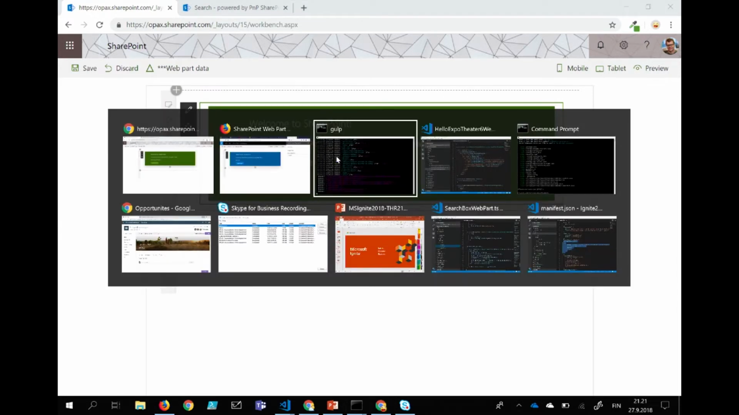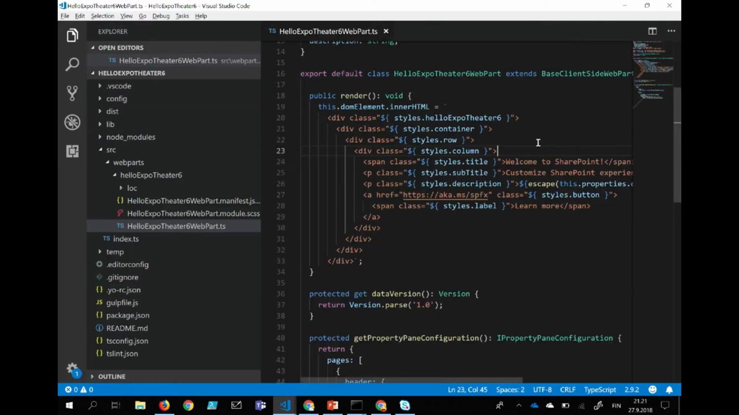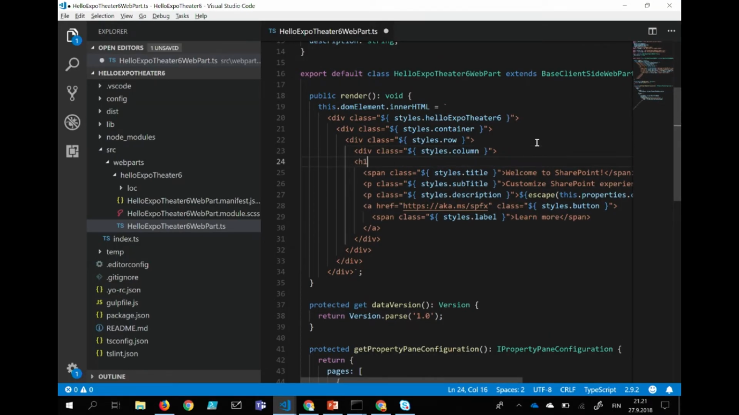Let's go back now to the code and do just a tiny modification. What I will do here is that I will add some HTML and